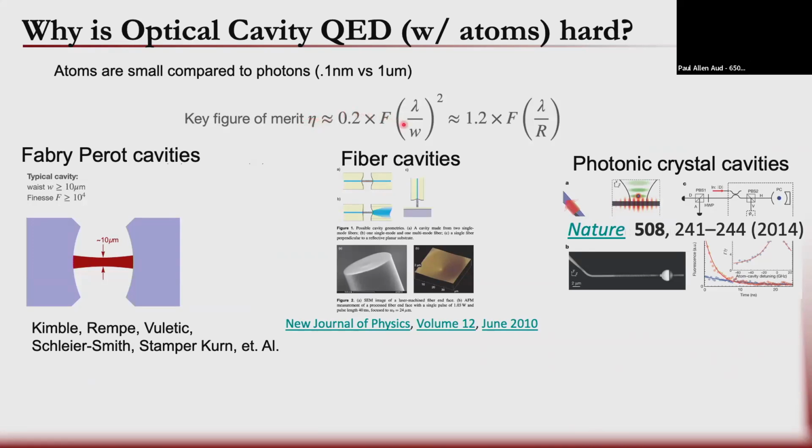Actually, this is a weird way of writing it. I think even in that community, most people write it with the Q instead of finesse, and instead of the cross-sectional area, they use the volume of the cavity, which is kind of the same thing. But the reason we've started to write it this way is that in a lot of cases it's the same, but it kind of belies a thing, which is that